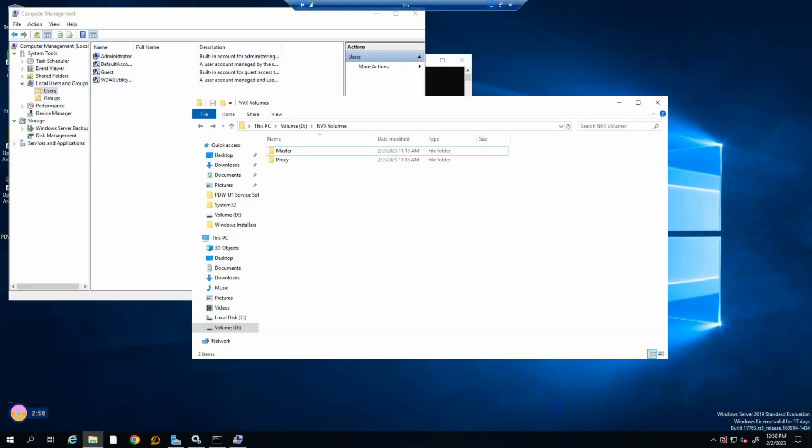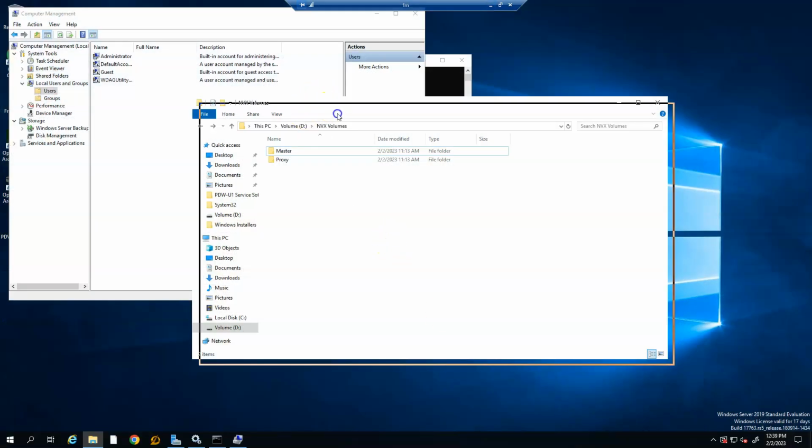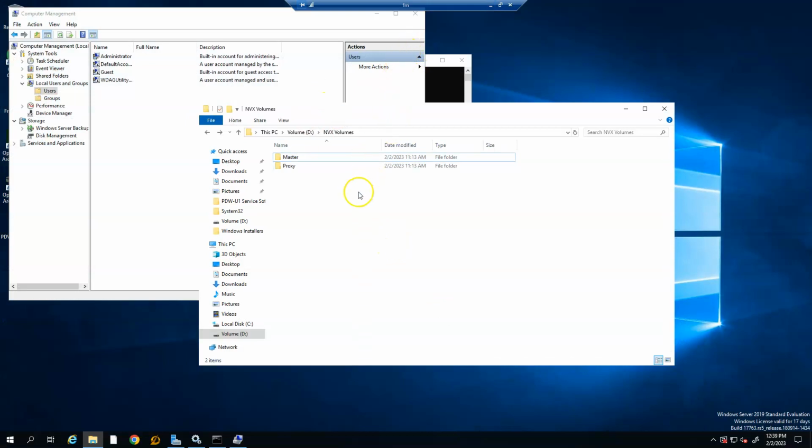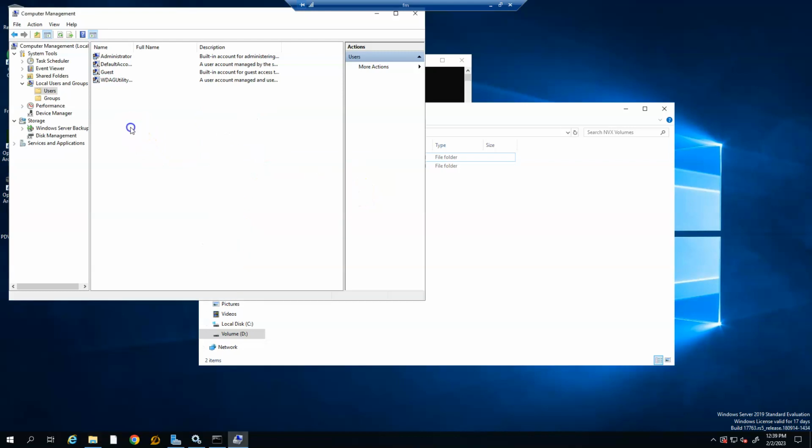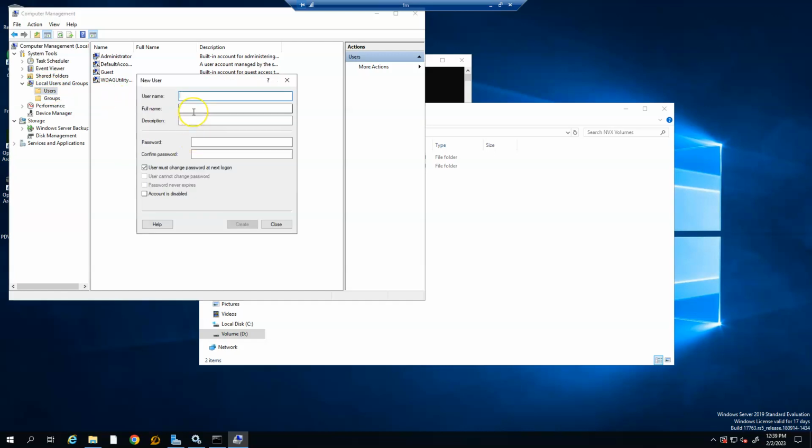Let's go to the FM, remote desktop, and before doing anything, go to Computer Management, Local Users and Groups, Users, add a new user. Username is PDS. This is the one that launched the application. So password is the same password